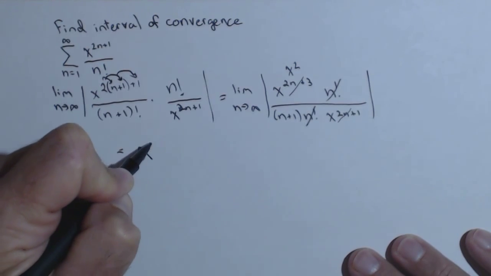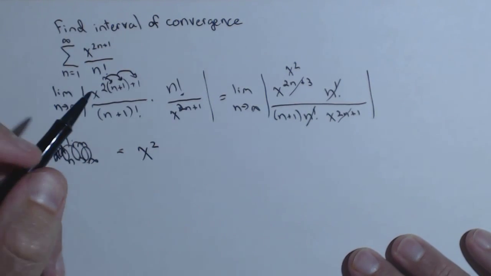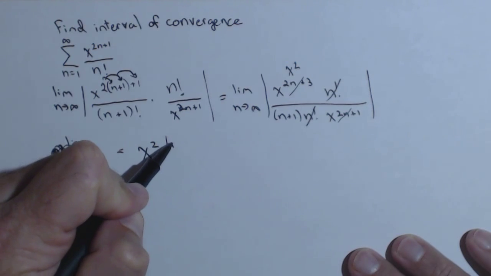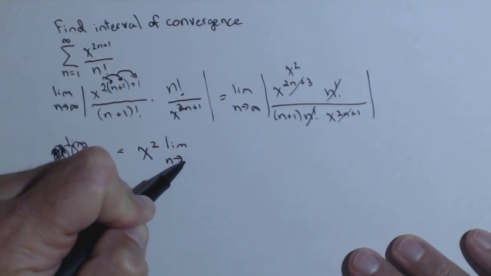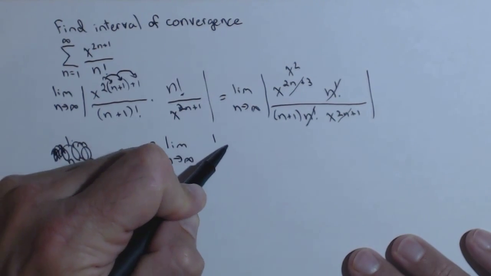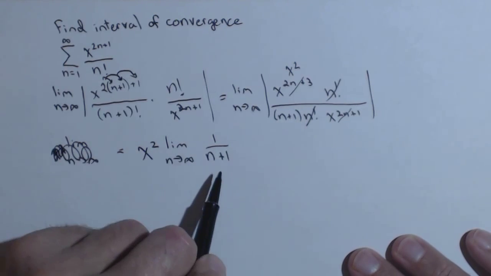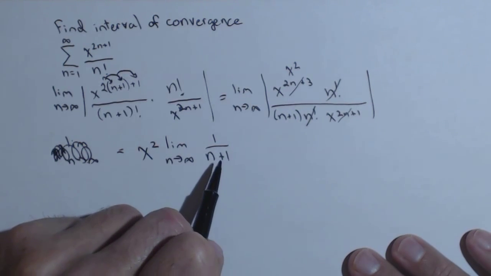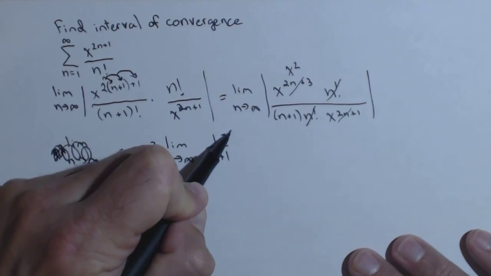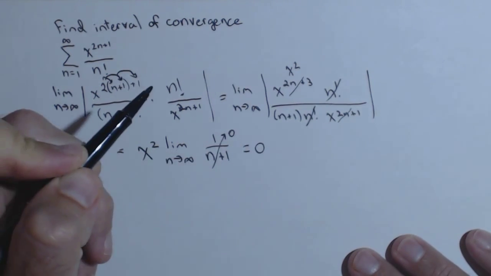We can pull out the x squared. We don't need an absolute value because x squared is already going to be positive. So the limit as n goes to infinity, and all that's left is 1 over n plus 1. And this is a familiar one because we know as the denominator grows and the numerator doesn't, this is going to go to 0, which makes this 0,